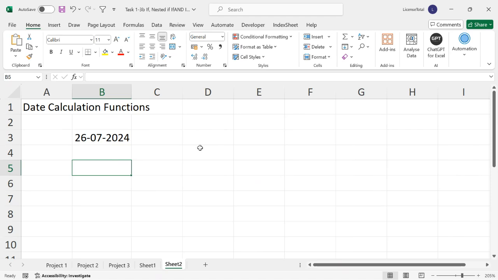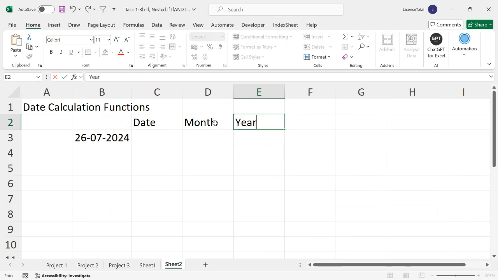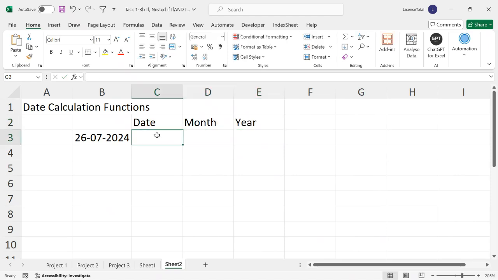Next function here is, okay. You have a complete date here, but you wanted to extract the date portion only from this date. Then you need to extract the month portion only from this date. Then you need to extract the year portion from the date. You wanted to get this separately, not in a single cell. Okay. Before I get to this function,